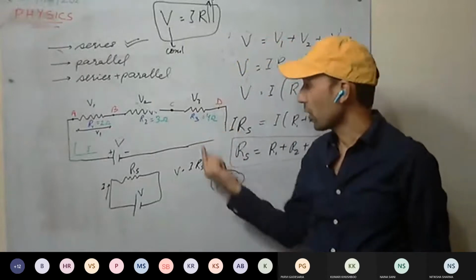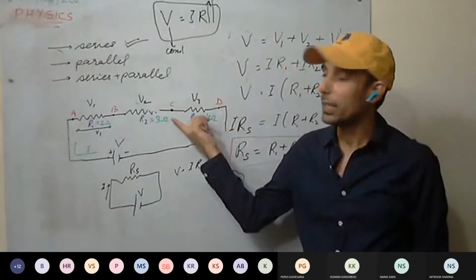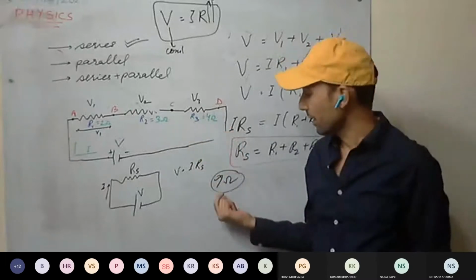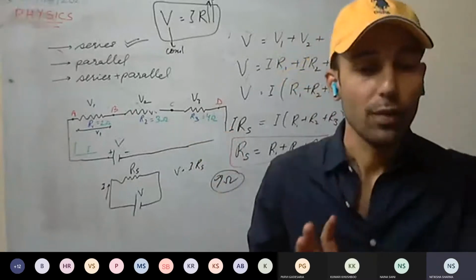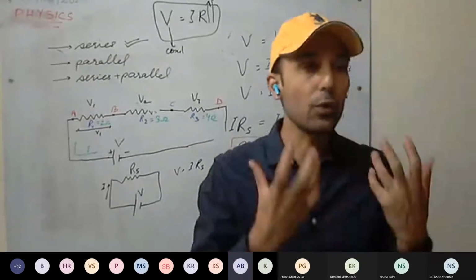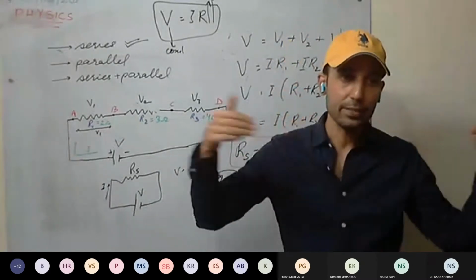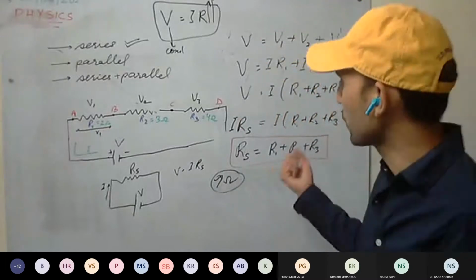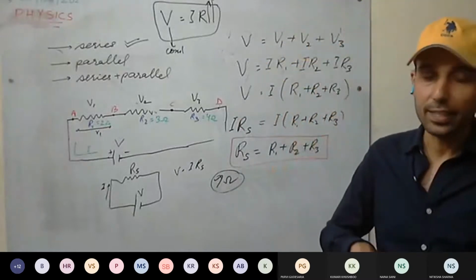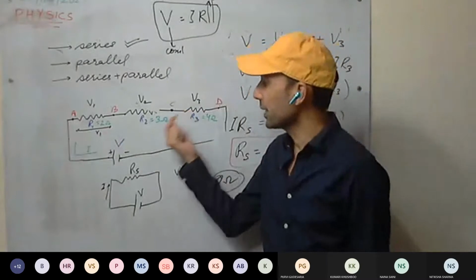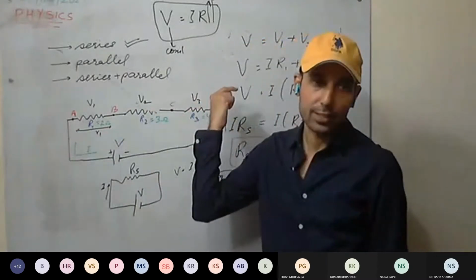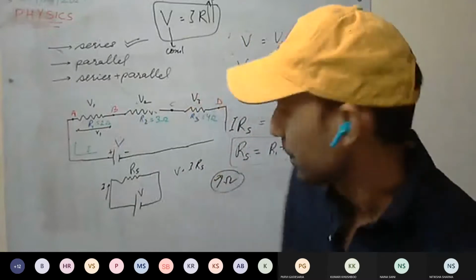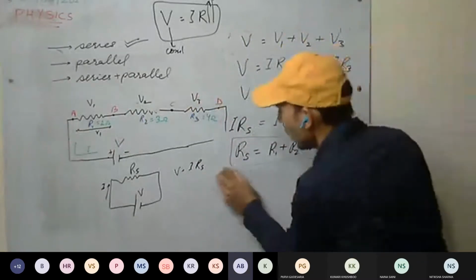Understood this one? Resistance offered in series is always more than the resistance connected. Okay, this is clear. So whenever we have to get more resistance, we will connect them in series. If we want more resistance in a circuit, it means they have to be connected in series. As well, you can see that if more resistance is connected, there is more obstruction to the flow of current. Understood this one?